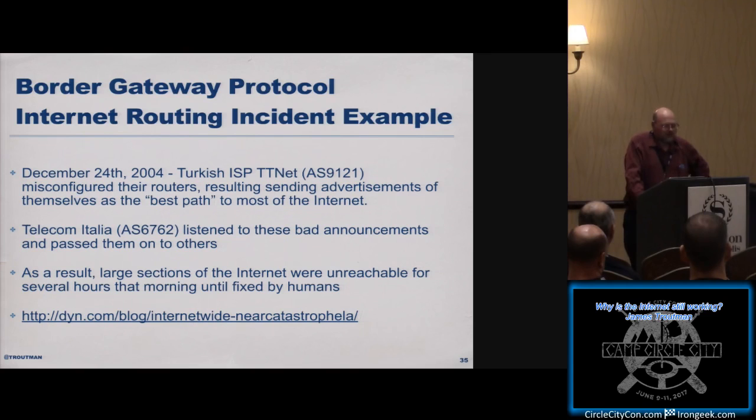So December 24th, 2004, this Turkish ISP TTNet made a misconfiguration. They basically said, I'm the best way to get to the internet for most of the internet. And one of their upstreams, Telecom Italia, said, okay, and just started passing along that information. So as a result, large sections of the internet were unreachable for several hours that morning until fixed by humans. And there's a whole write-up on that incident. And that's just one incident out of many, many incidents over the years. We have less and less real catastrophic incidents, at least it seems to me in the last 5 years. But